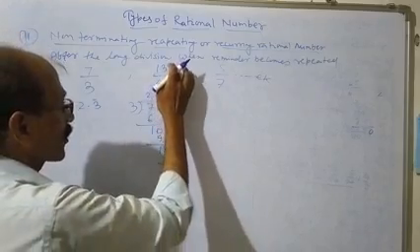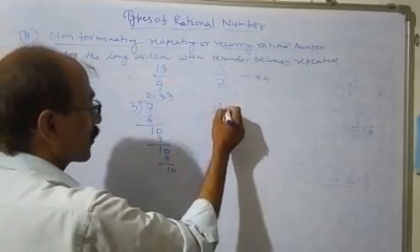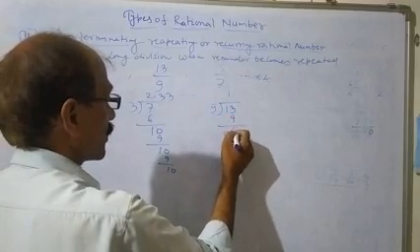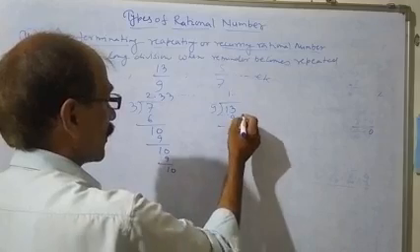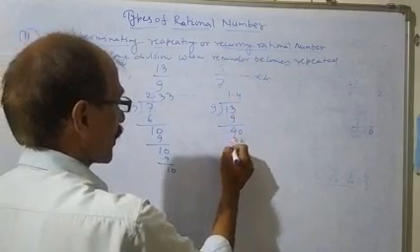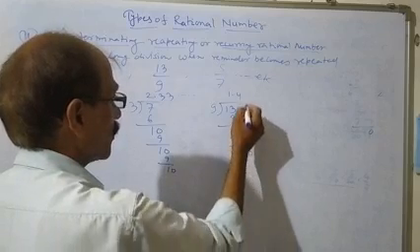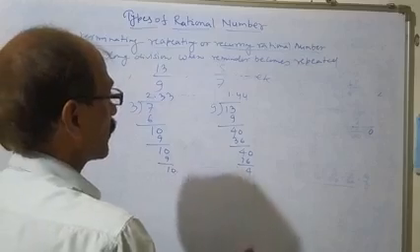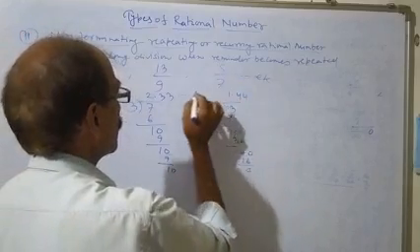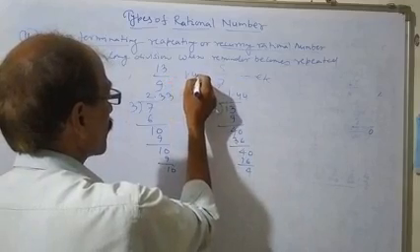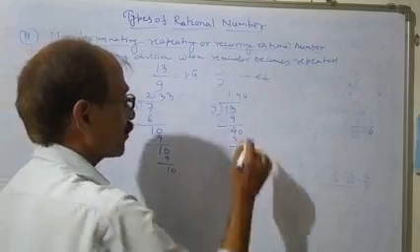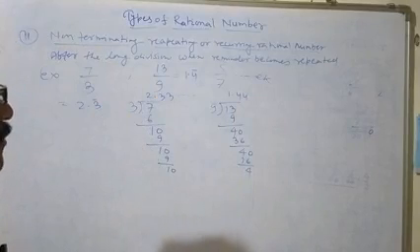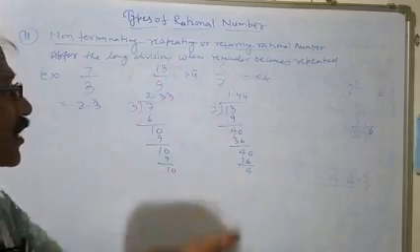Now next question, 13/9, so divided by 9 to 13, 9 1 ja 9, 4 is carry, placing the 0, 9 4 ja 36, 4 carry, again 0, 9 4 ja 36, again carry, 4 is continuously repeated. So we write the value equal to 1.4 with bar, 4 is repeated in the quotient. So we say that these are non-terminating, that means repeating rational number or recurring rational number.